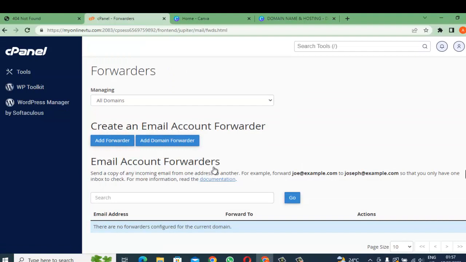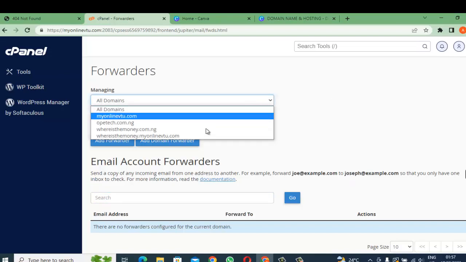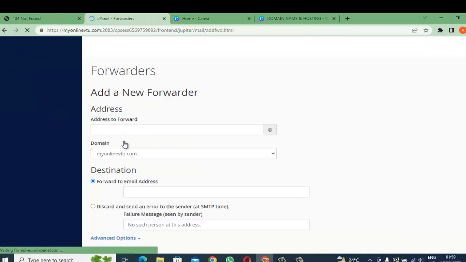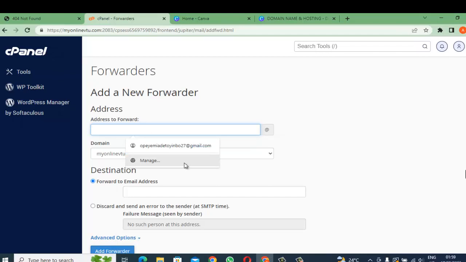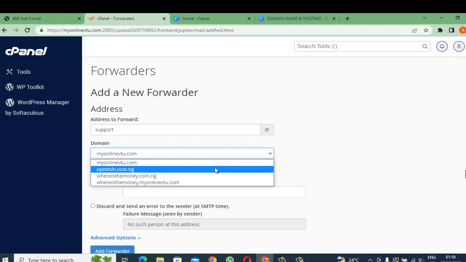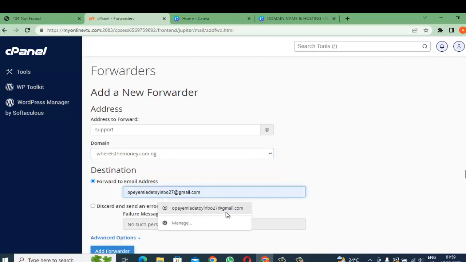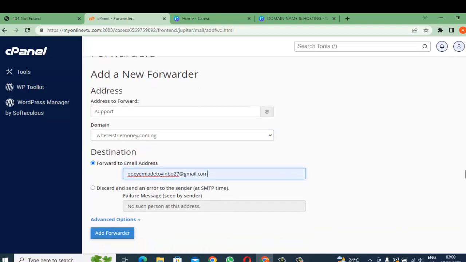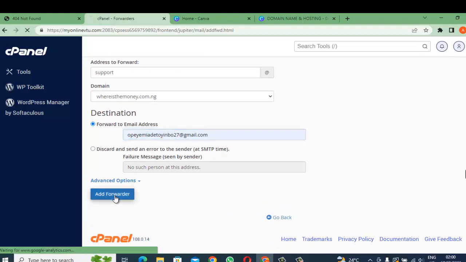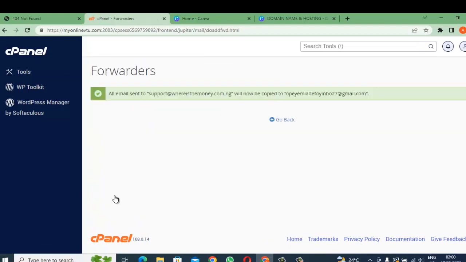Good. Let's select our domain name that we want to add a forwarder to. Click on add forwarder. So here we just put support, since we used support while creating our mail. This is the domain name that we want to add our email forwarder to. Just select it, then type in your normal Gmail account. Can you see I've added mine? Just click on add forwarder. Can you see all emails sent to support@whereisthemoney.com.ng will now be copied to